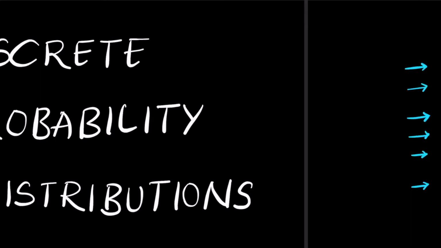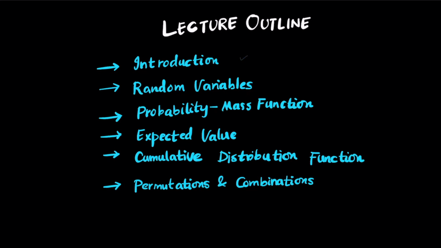So welcome to the first lecture on discrete probability distributions. In this lecture we will discuss the introduction to probability distributions. We will discuss random variables, probability mass function, expected value and cumulative distribution function, and finally end with permutations and combinations. So let's start with